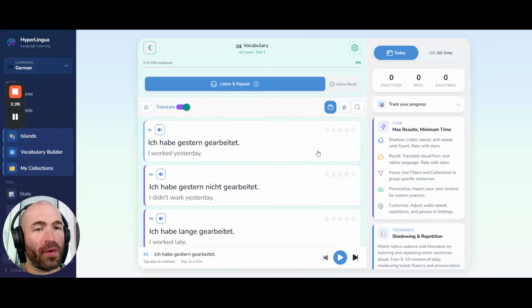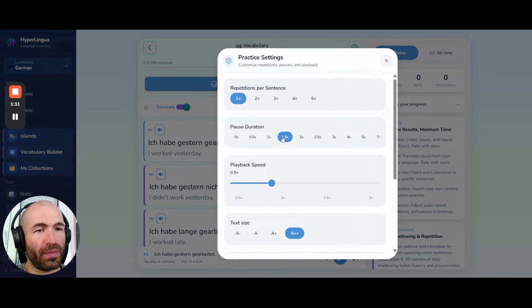So basically, the way I do both is this: for listening and repeating, set pauses, because for shadowing, you don't need pauses. And depending on your level and how much you want to focus on one sentence, set different reps. But if you want to specifically work on your pronunciation, I recommend doing 5 reps per sentence. And this is very repetitive and honestly boring, but it's effective.